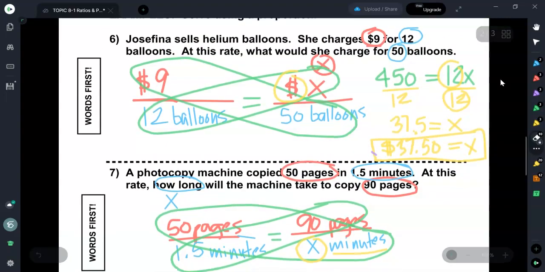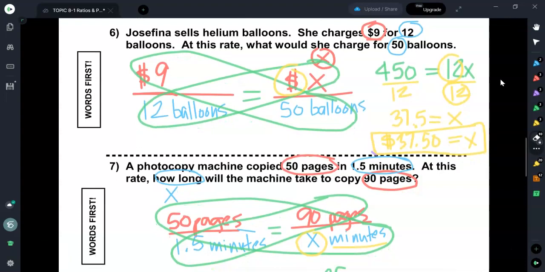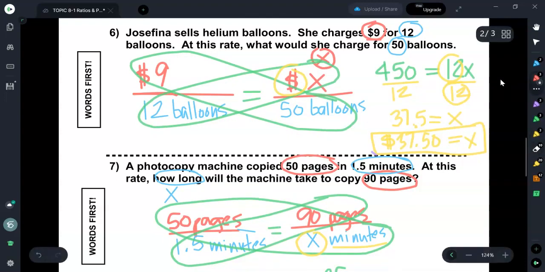You see this one here where I did the balloons and everything like that? I could have set this up differently. I could have said $9 over X dollars, and I could have done dollars over dollars equals 12 balloons over 50 balloons. Do you see how I'm still lining these up down or straight across? I don't have anything diagonal. I can do dollars over dollars equals balloons over balloons, or I could do dollars per balloon equals dollars per balloon,